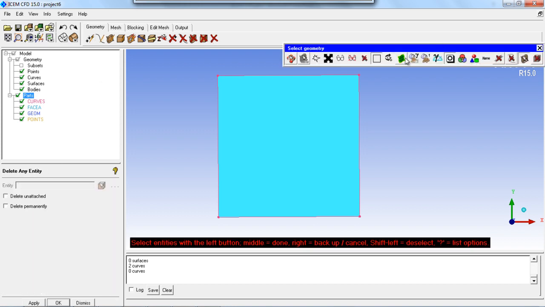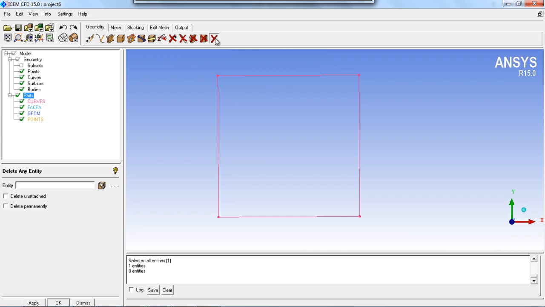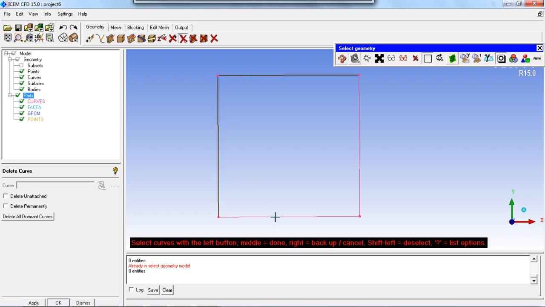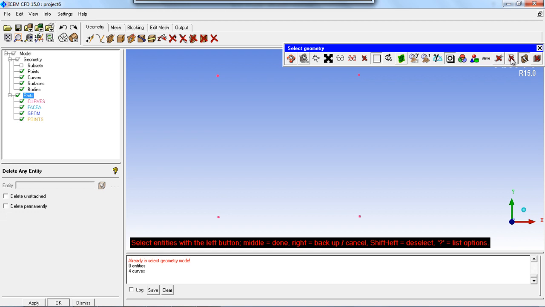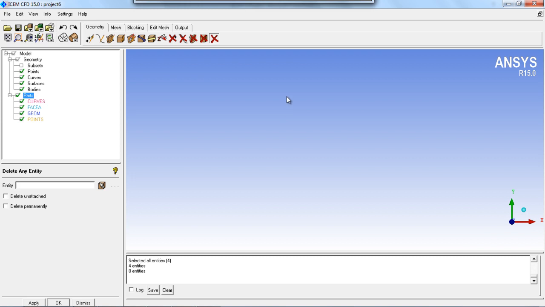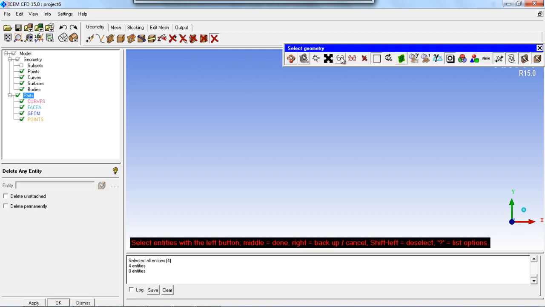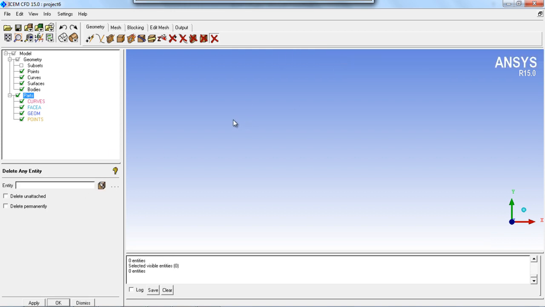Okay, delete all the things over here. Okay, it's not working because we have disabled the option over here. You can again choose delete all the entities, and you can delete all of them by clicking on the all applicable visible items. Okay,